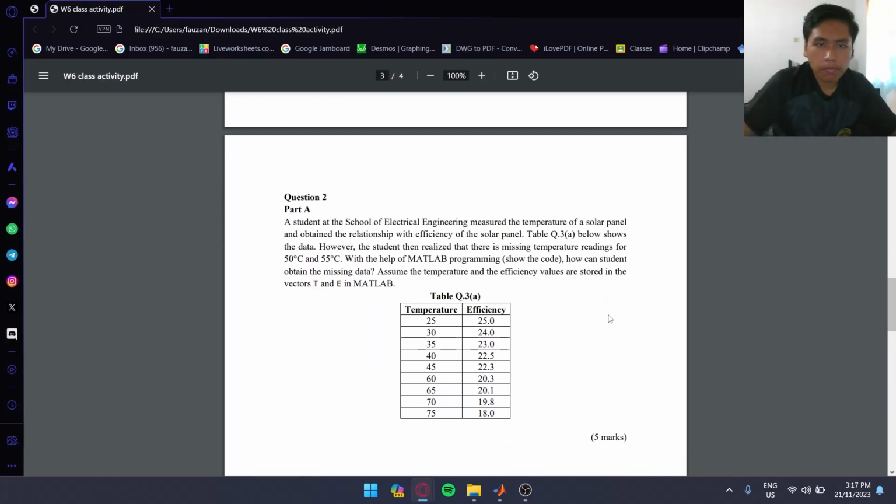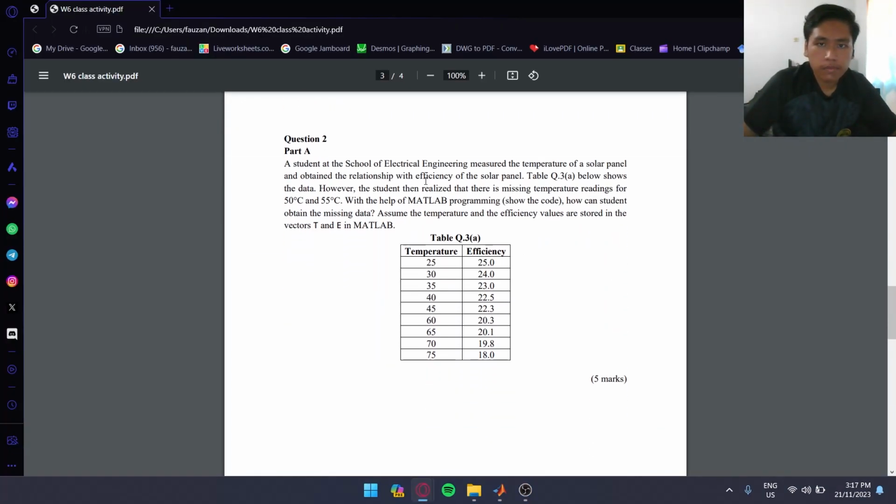So question 2, part A. We have this data table which is missing the efficiency at 50 and 55 degrees Celsius. And we need to write a code to find the missing data for 50 and 55 degrees Celsius. We need to find the efficiency for those temperatures using the rest of the data that we already have. So